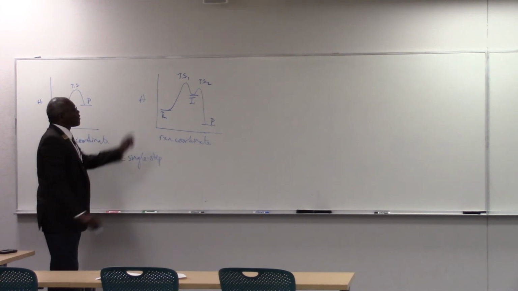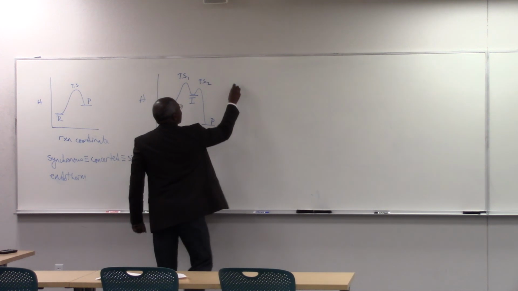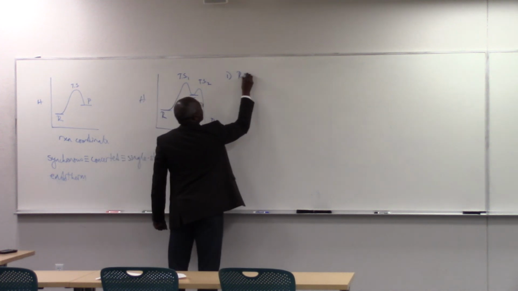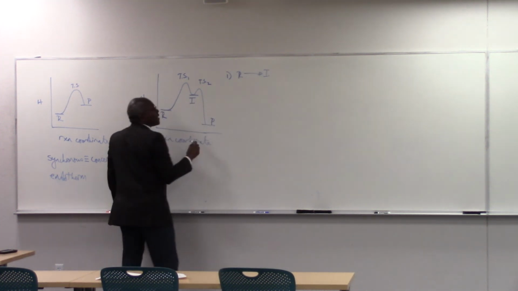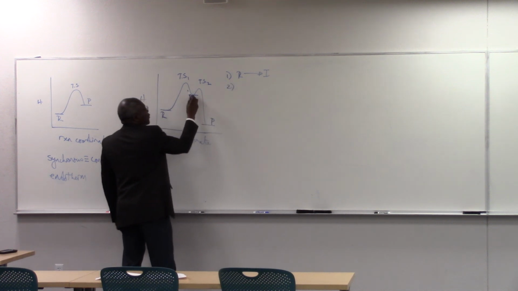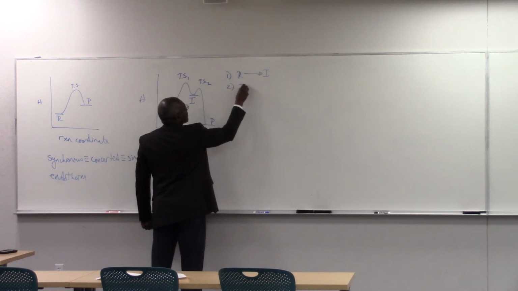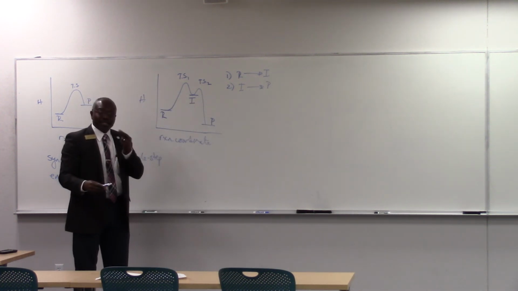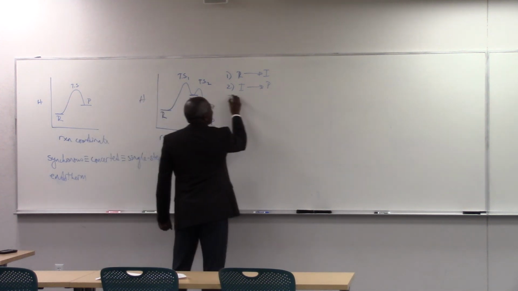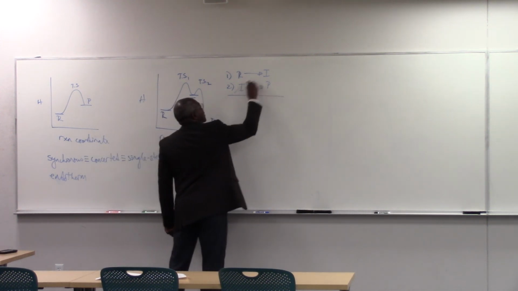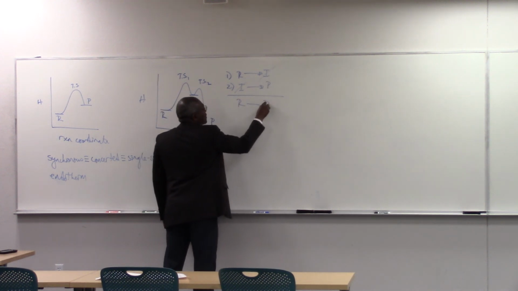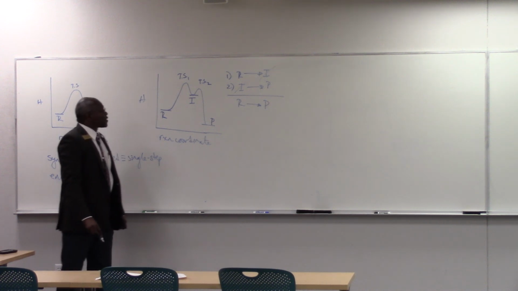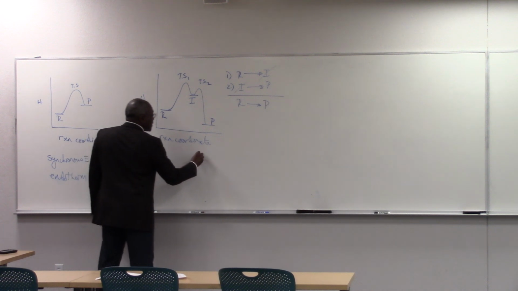Now, if I had to write this reaction out, what's actually happening is step 1, minimum to minimum, I go from reactant to intermediate. In step 2, I'm going to go from intermediate to product. Right? So that actually would be a stepwise, basically a two-step reaction. And by the way, if I add these steps together, the intermediate is present on both sides, and the overall reaction is that reagent goes to product. So if you ask me to describe that reaction, I will say this is a two-step